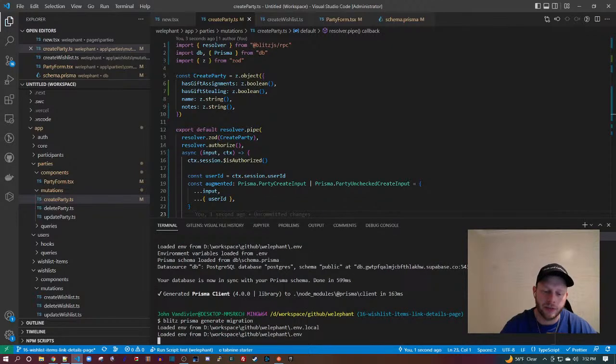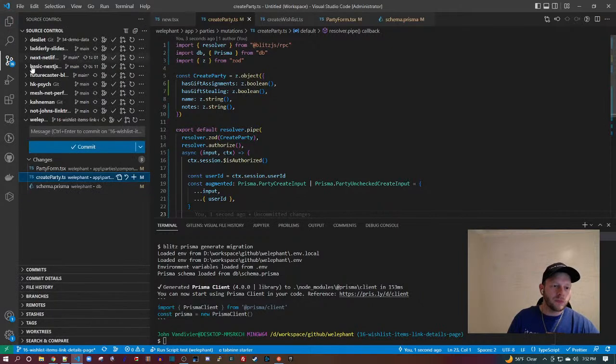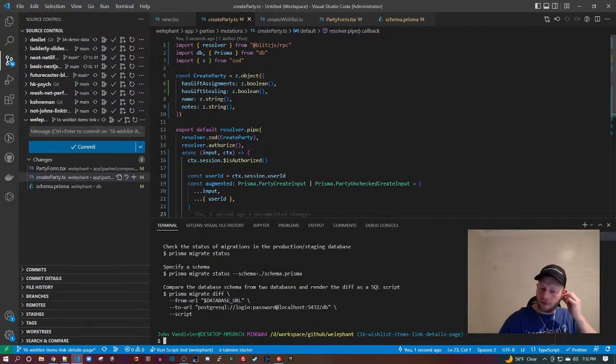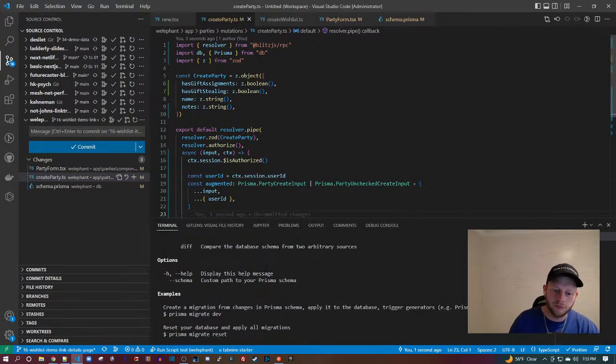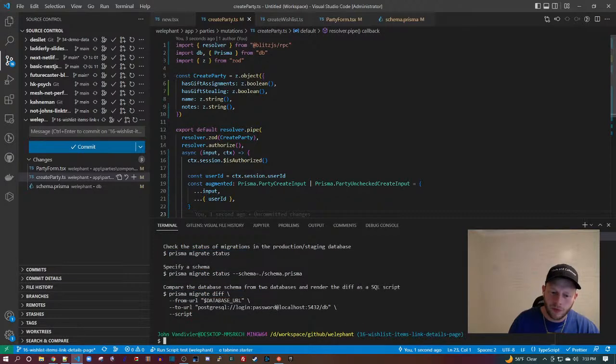Let's see if I can generate a migration. Yeah, I don't know. I'm pretty uncomfortable that I don't have a local migration, but that's all right. Maybe I just blitz prisma migrate. Oh, diff, Prisma migrate diff.